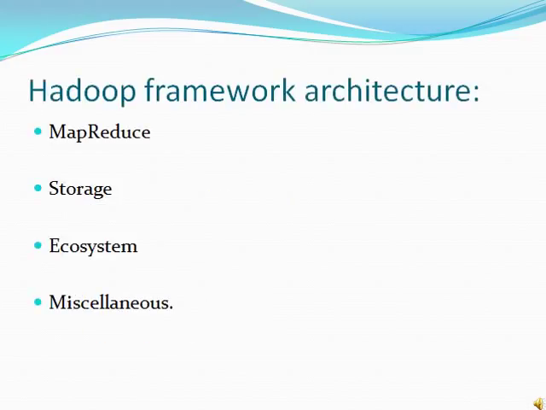One of the objectives of the semantic literature review is to propose a taxonomy and classify the related research literature into categories. Our taxonomy creation methodology was based on the project structure proposed by the Apache Hadoop developers. After careful review of the selected papers, we developed our proposed taxonomy, in which we classify our studies into four major categories related to the Hadoop framework architecture: MapReduce, storage, ecosystem, and miscellaneous.